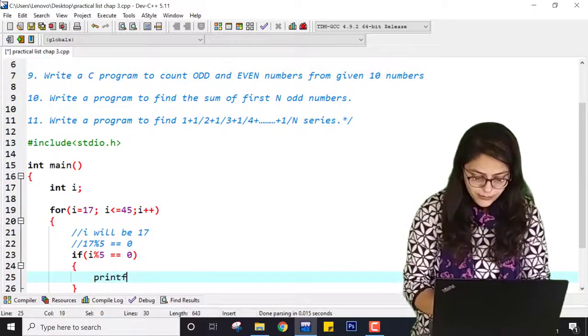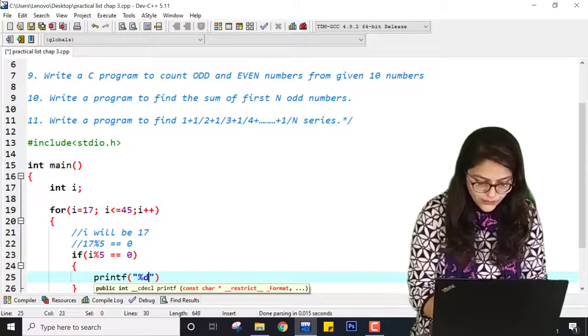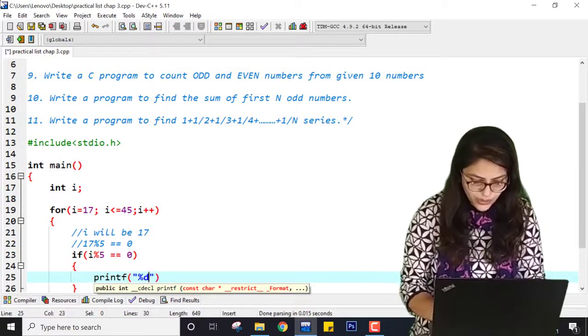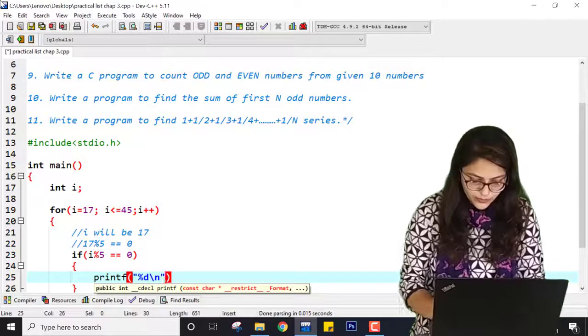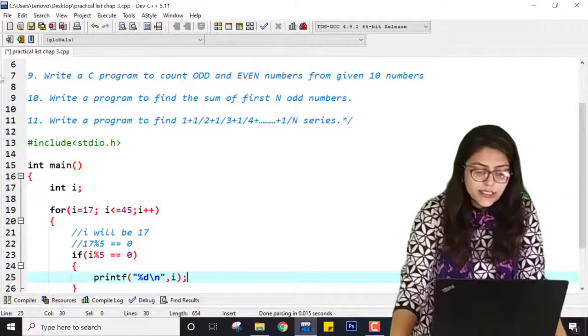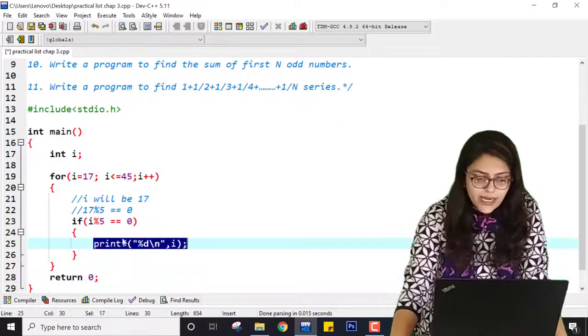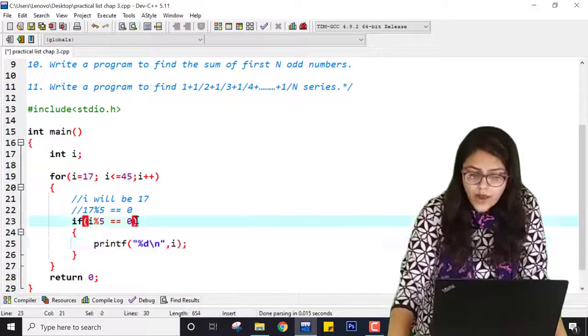So that means printf the value of i. How can I print it? By using %d and i. So this i is printed only when it is divisible by 5.